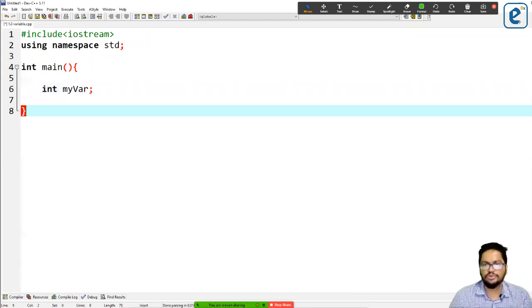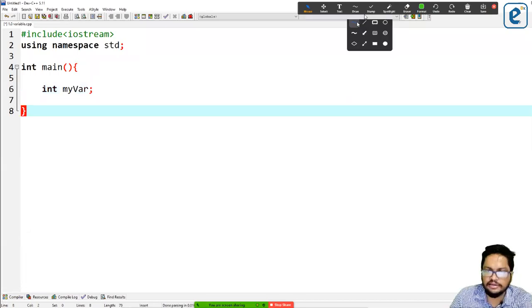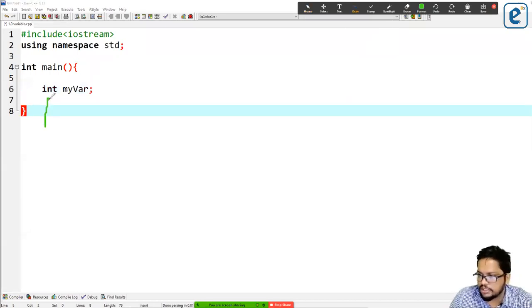What you need to identify here are these points. This is called the data type of the variable, and this is called the name of the variable.